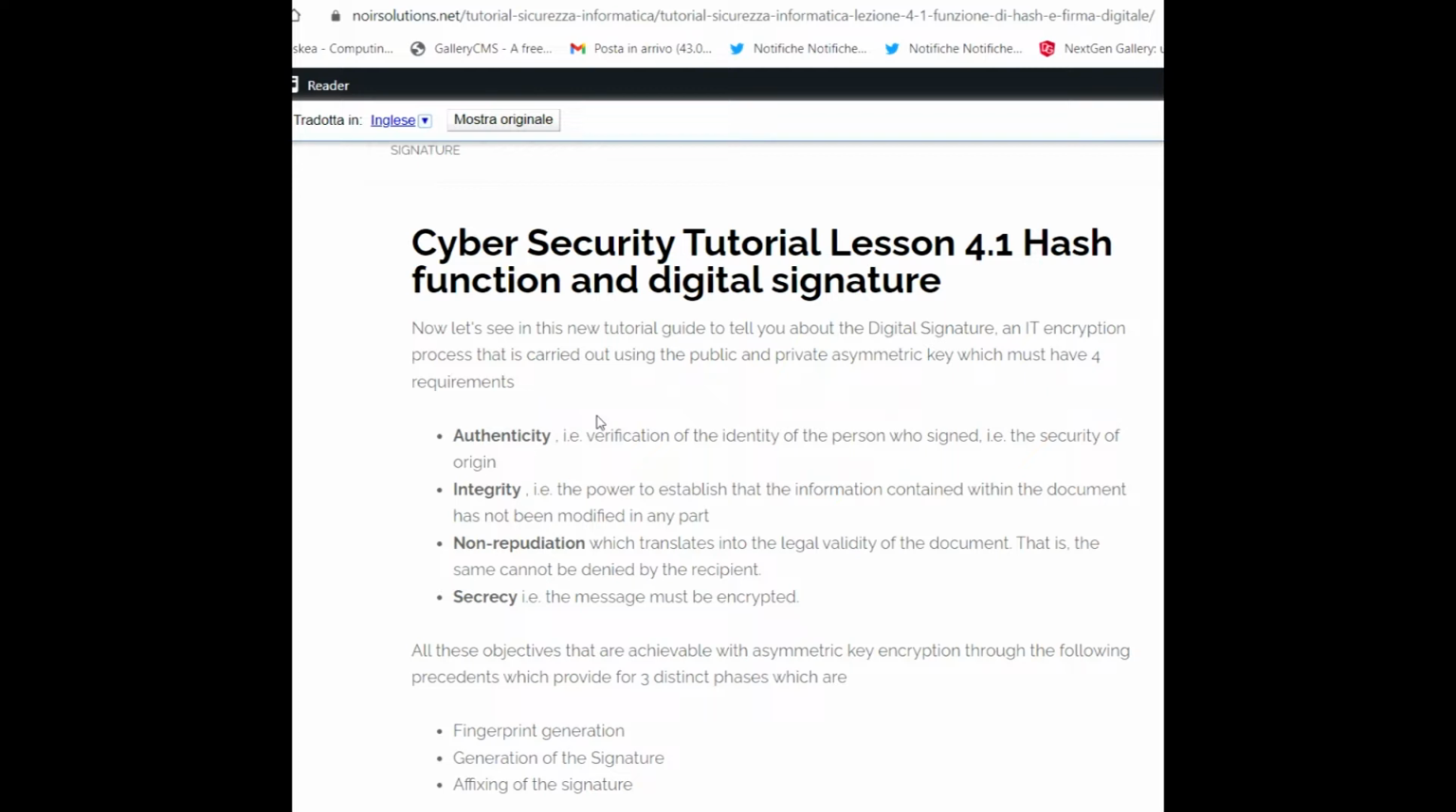Now let's see in this new tutorial guide the digital signature and its encryption process, which is carried out using the public and private asymmetric keys, which must have 4 requirements: authenticity, i.e. verification of the identity of the person who signed, i.e. the security of origin; integrity, i.e. the power to establish that the information contained within the document has not been modified in any part;